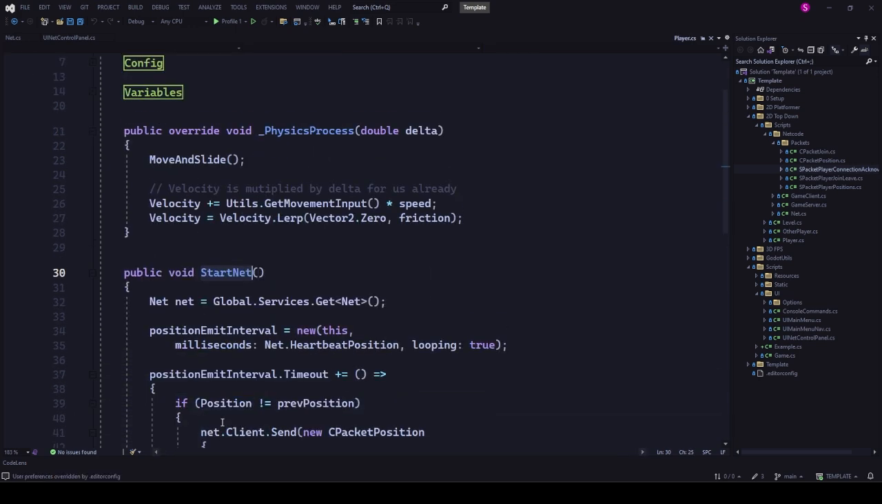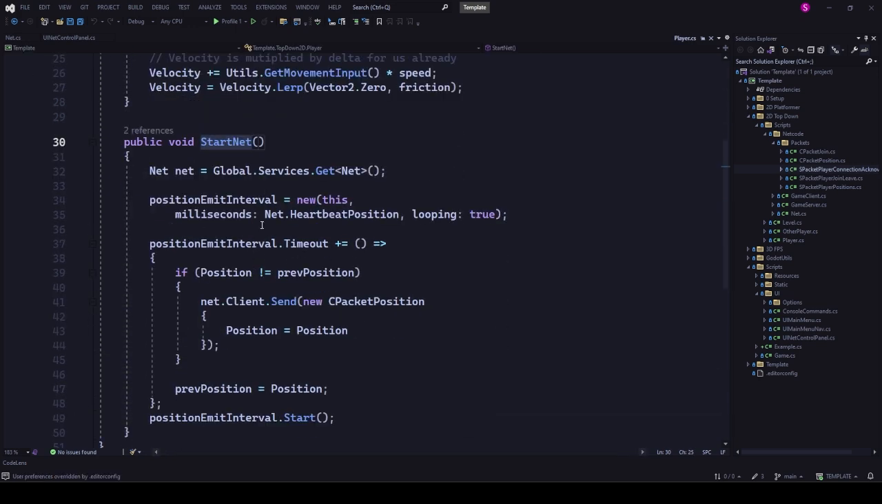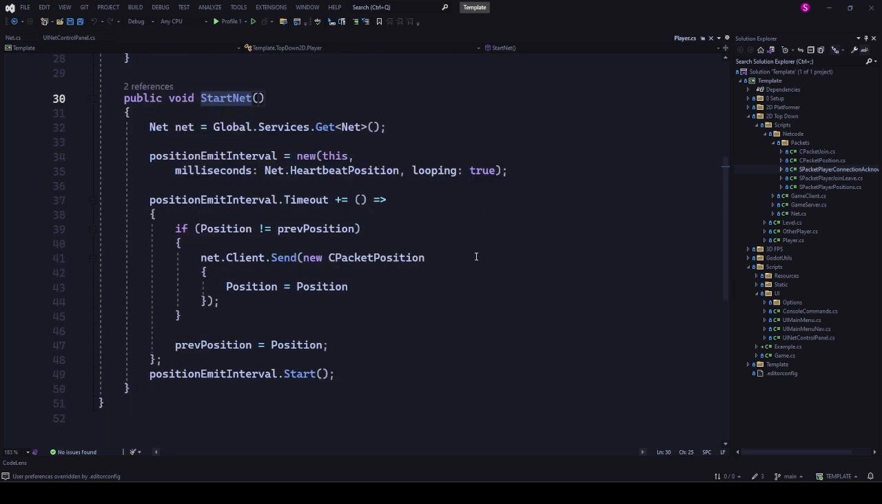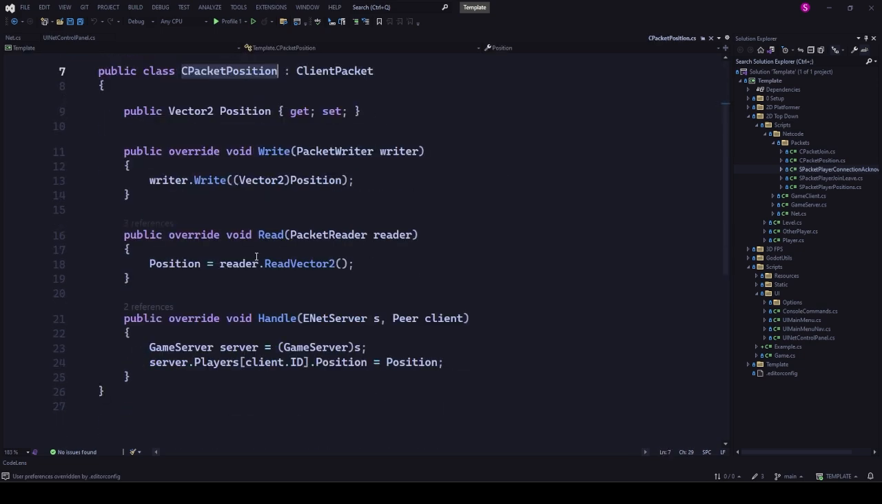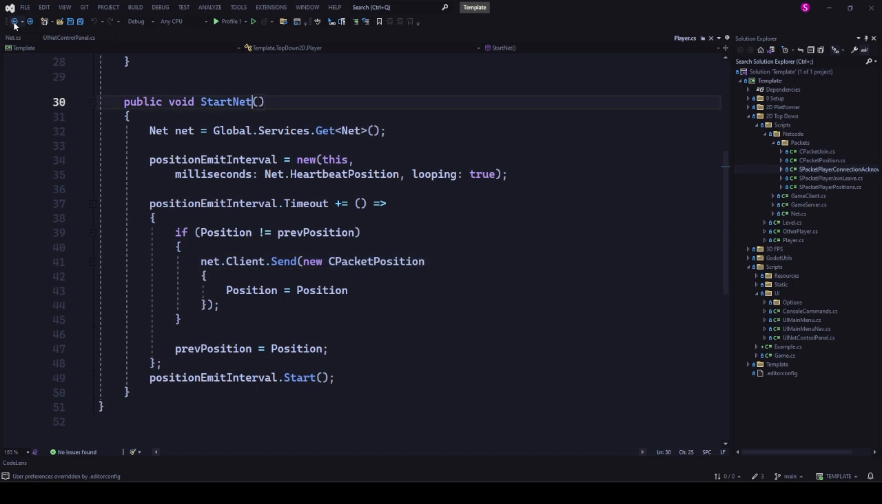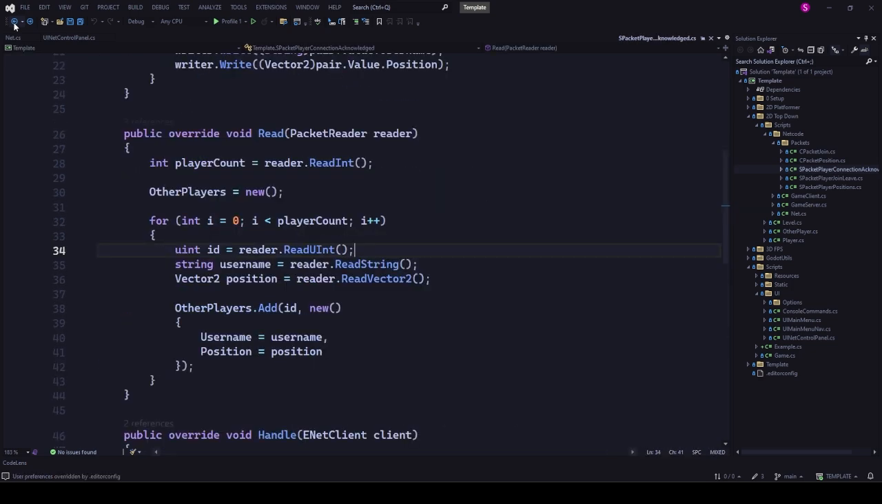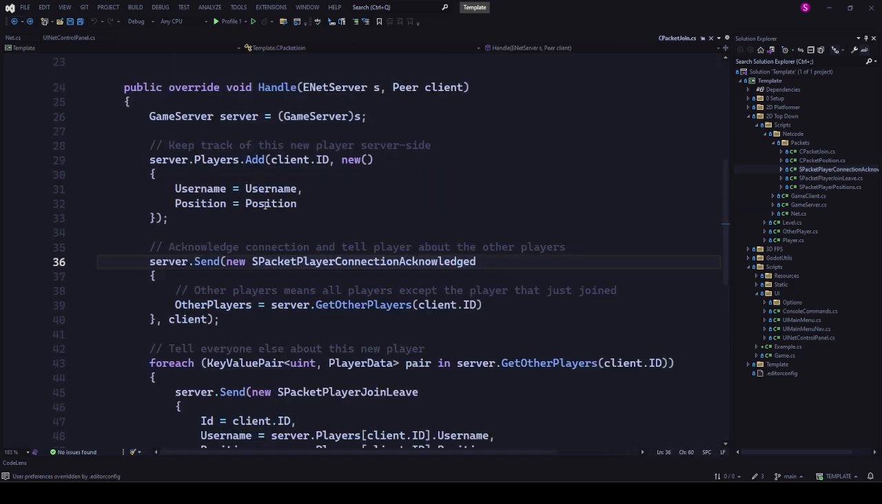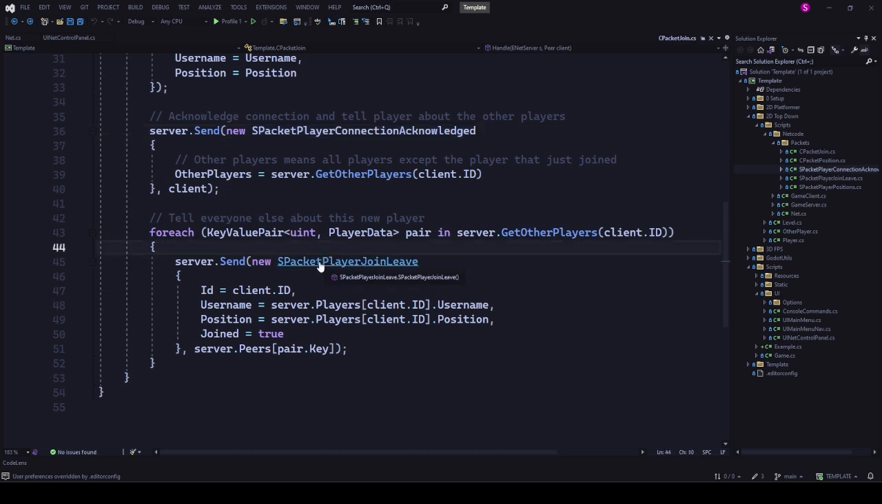So here's in StartNet, we're just starting this timer that periodically sends this C packet position. The client is sending their position to the server every 100 milliseconds. As you can see, that's all this is. And so if we go back to here, then we can look at this